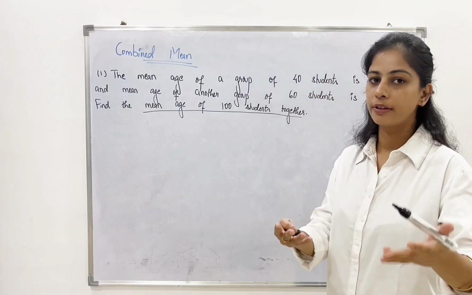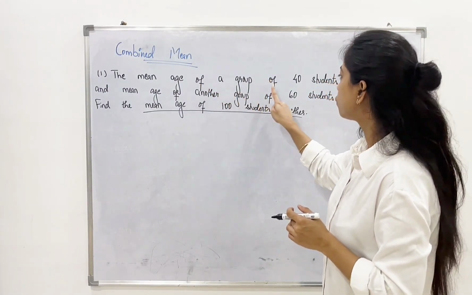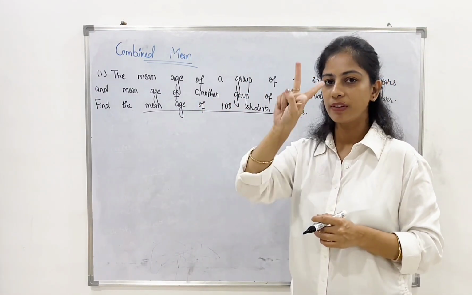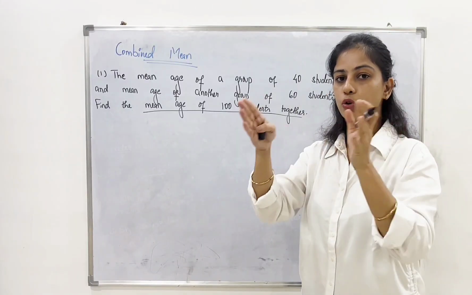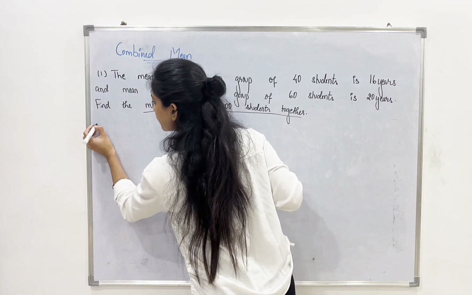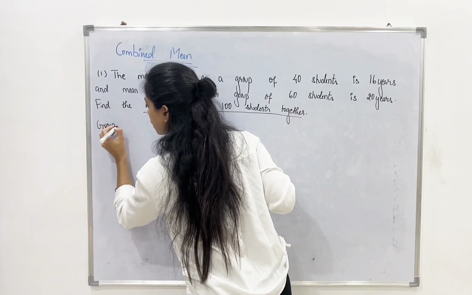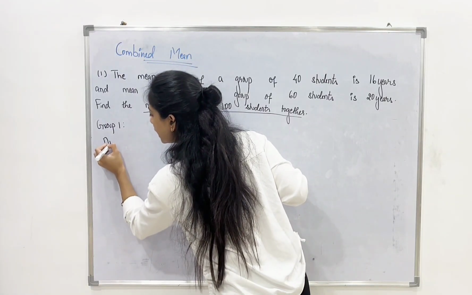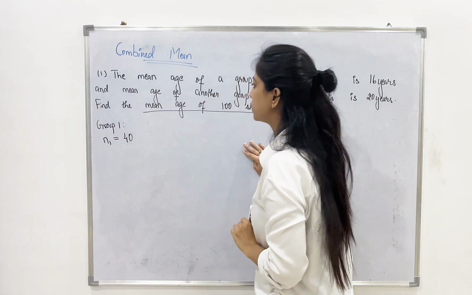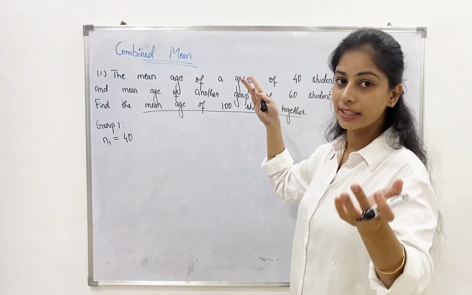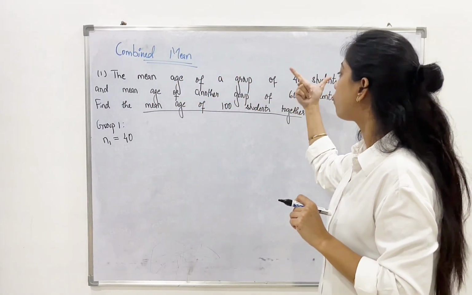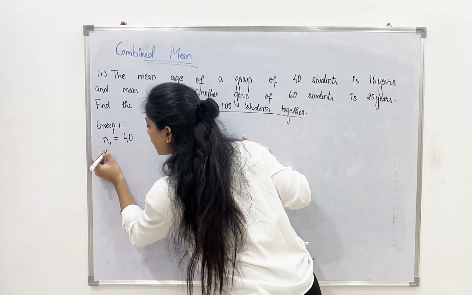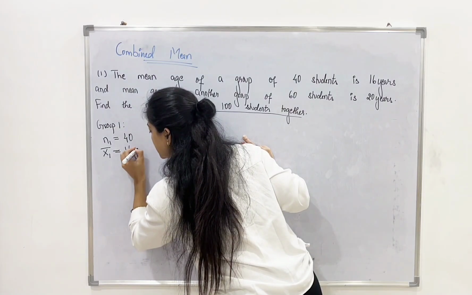So now let's break down whatever is given to us in the question. The mean age of group of 40 students. So there is one group, and they have mentioned again another group. So in total, we have two groups. So we will be considering two groups in our question. So group 1. In group 1, there are 40 students. So that will be represented by N1. 40 students and 16 years. Now what is 16 years? The mean age of group of 40 students is 16 years. So that is nothing but the mean age. So mean is denoted by x1 bar, which is 16 years.